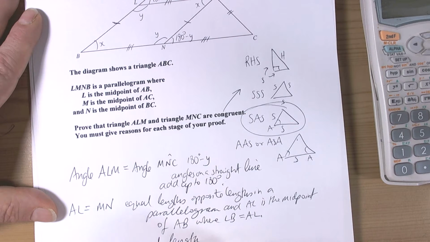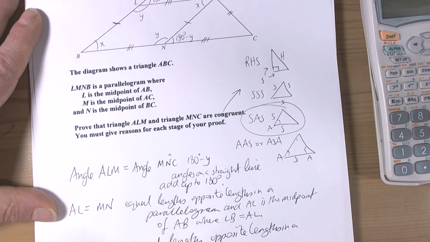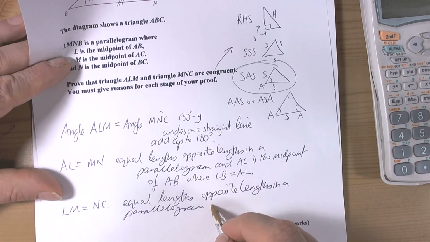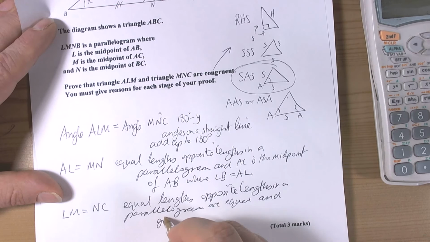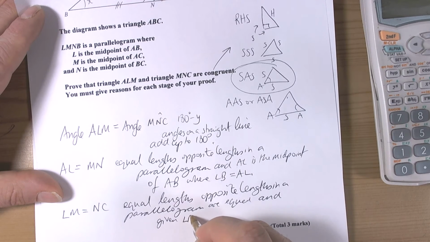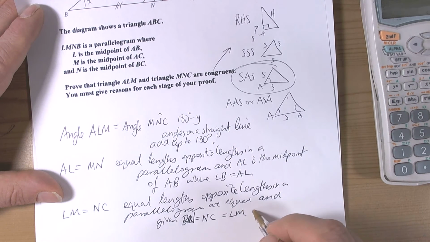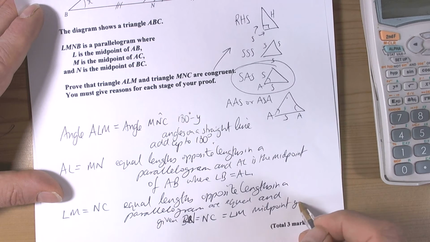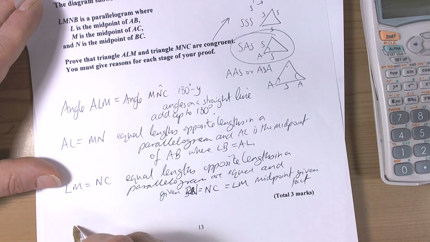Equal lengths, opposite lengths in a parallelogram are equal, and given that LB, not LB this time, it's BN, isn't it? Sorry, yeah, so BN equals NC equals LM, midpoint, given fact. So basically we've chosen all those reasons, and so we finish off with a sentence